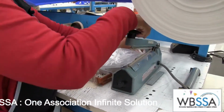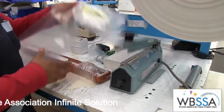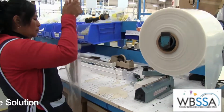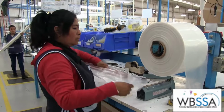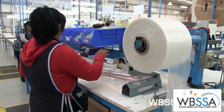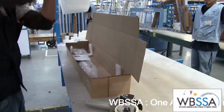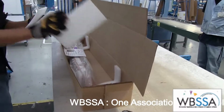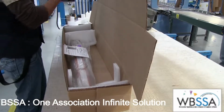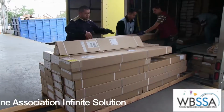Once every shade is completed, packing it correctly is an important part of the quality control process. We pack all mounting and installation brackets directly with the shade, so the parts arrive with the shade and never get lost in the packing material. As the shade moves to the final packing stage, foam blocks are inserted to protect the shade throughout the transit process. Now ready for shipping, each shade is...